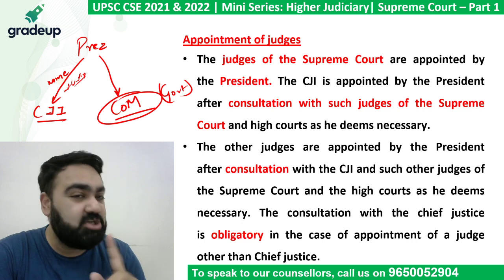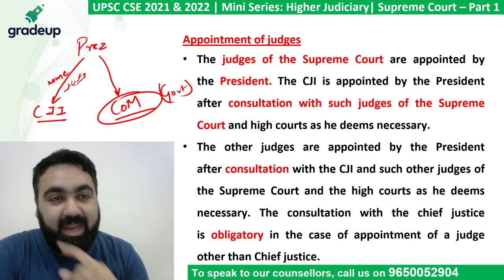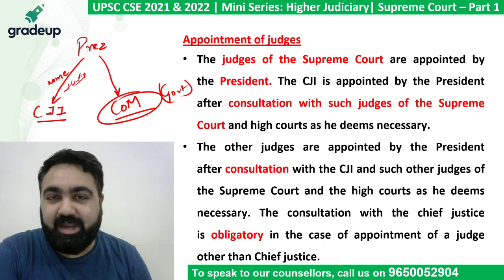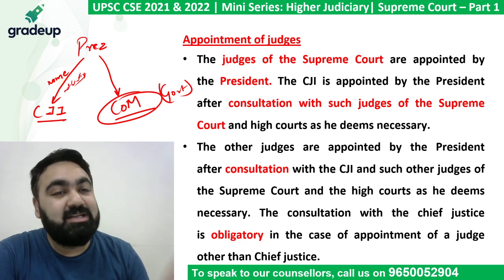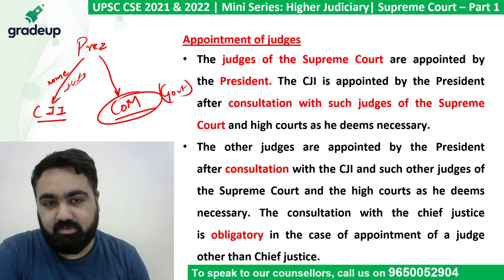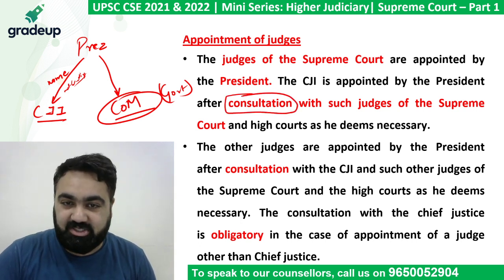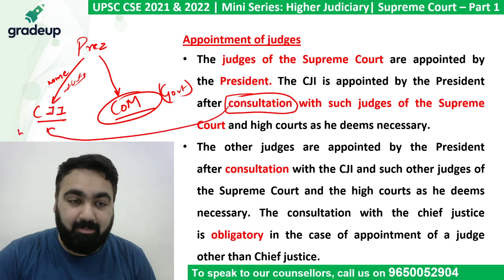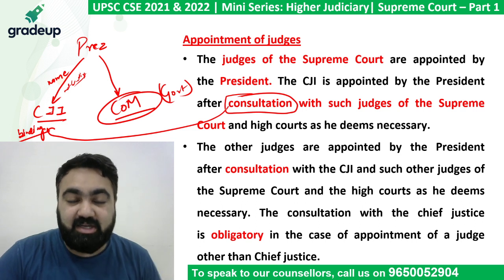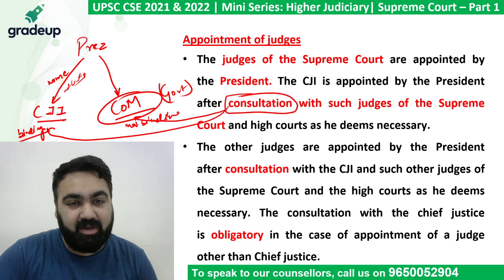Who has the power to decide who will be the next Supreme Court judge? This is what the entire debate is about. Does the judiciary have the power to decide who shall be the next Supreme Court judge, or is it the government that has the power to decide who shall be the next Supreme Court judge? And all that is dependent on the meaning of the word consultation. If the word consultation is binding on the President, then the Chief Justice of India will decide. If the word consultation is not binding on the President, then the Council of Ministers will decide who will be the next judge. Simple, right?